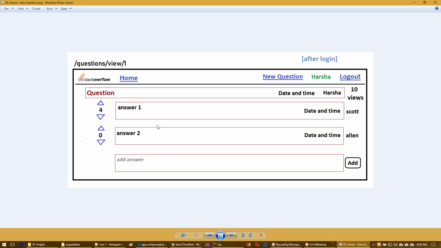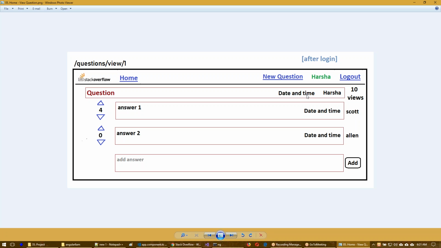So for that question, how many answers? And for each answer, upward, downward. This symbol is for upward, this is for downward. Same way for this answer, another upward, downward. And this number comes from upwards minus downwards. Suppose it has 10 upwards and 2 downwards, so the difference is 8. That difference number should appear.